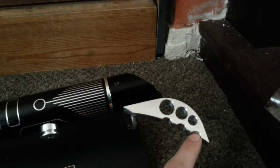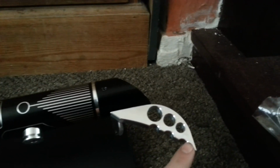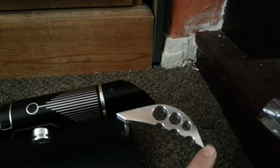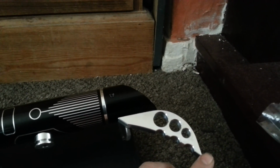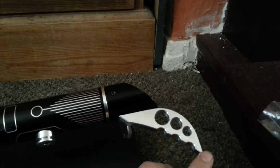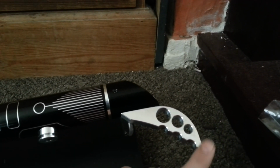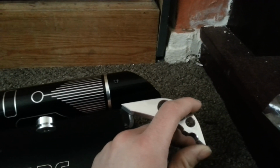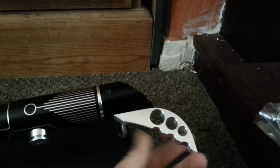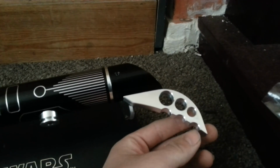What I definitely would recommend, because it's just an amazing saber, is that when you're spinning, you want to be a little bit careful with the claw, because if you're fast enough, this can take flesh off, so be very careful. It's not too sharp. I mean, I guess you could probably sharpen this up and get it very sharp, but I'm not going to do that